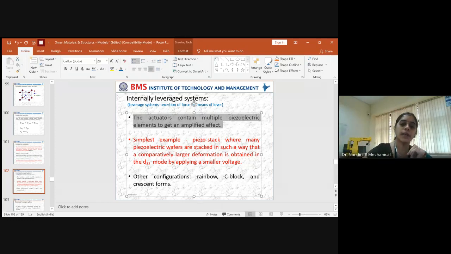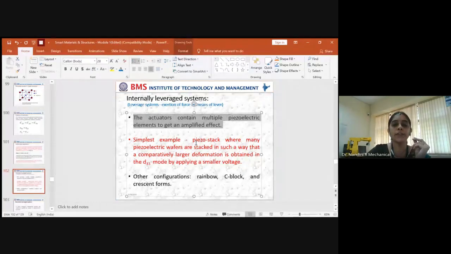Okay. So a simple example to achieve this is to make a piezo stack. A piezo stack will have n number of layers. A stack usually refers to n number of layers. So depending upon the amplified effect you need, you can pile up the piezoelectric layers 1, 2, 3, 4, 5 and clamp all together as a particular stack. Okay, so this will work out.